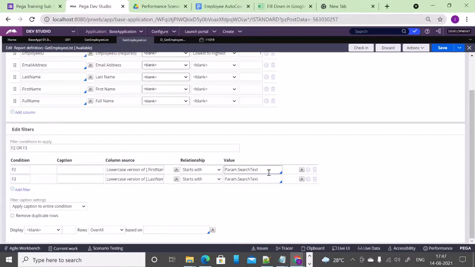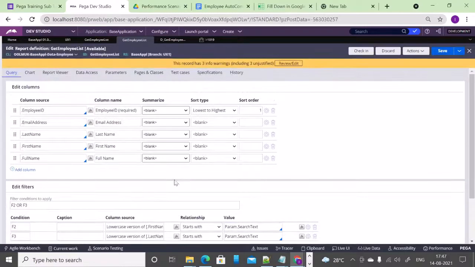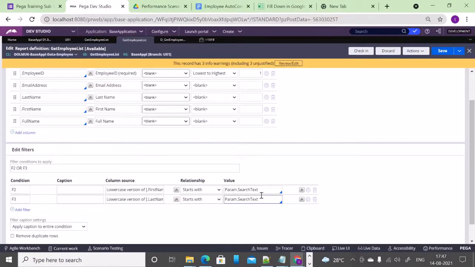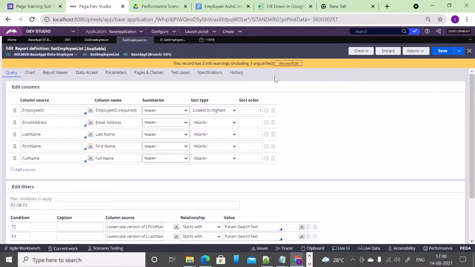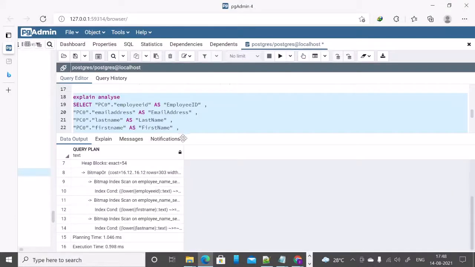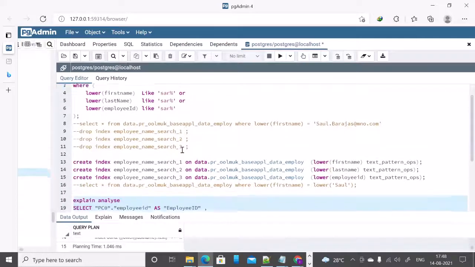If there is an index and you don't utilize it, it's a waste. So in order to utilize the index, we have to design it properly. We should not ignore the warnings given in the report definitions and so on, and then implement it accordingly.